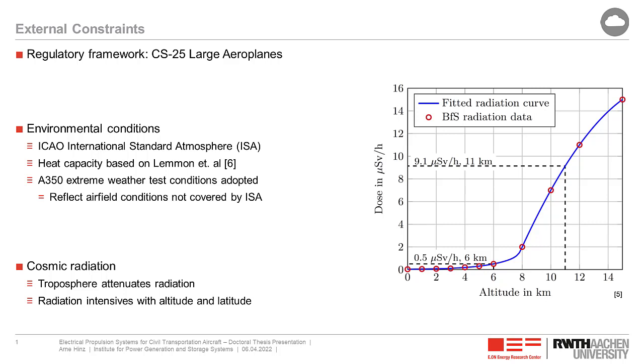Further, we should also have a look at the cosmic radiation, as the cosmic radiation will significantly increase, as you can see here on the right-hand side, with an altitude of 6 kilometers. This would be the radiation at highest terrestrial applications, which is about 0.5 microsievert per hour. But at common cruise flights, we will face a radiation dose which is 18-fold higher. So we should have an eye on that.